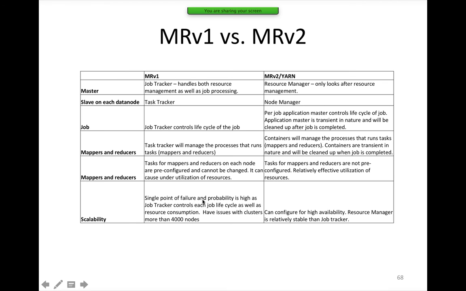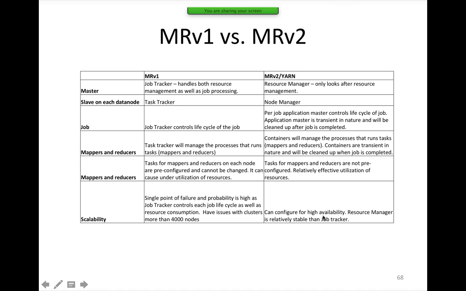Scalability: the job tracker is a single point of failure and the probability of failure is high, as the job tracker performs both job management and resource management. Historically, it has had many issues with clusters of more than 4,000 nodes. Even with fewer nodes, YARN is becoming the standard because it can work with other technologies also, not just MapReduce.